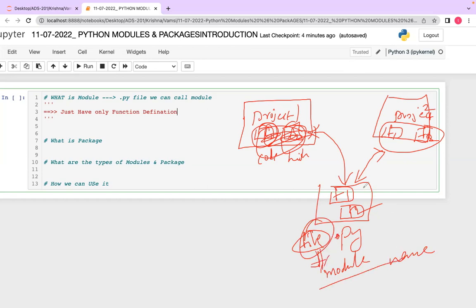It's a file name only. So a module is nothing but a Python file, but it contains only function definitions, and whenever you want it in a different application, for external usage, we can use modules and packages, not for internal usage. We can create the module and use this in an external usage.